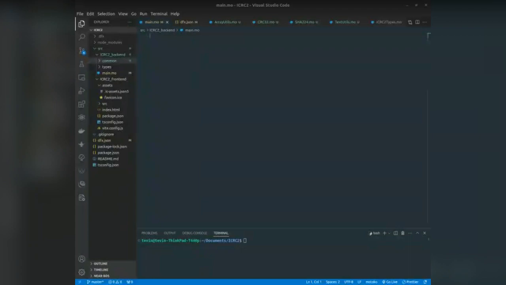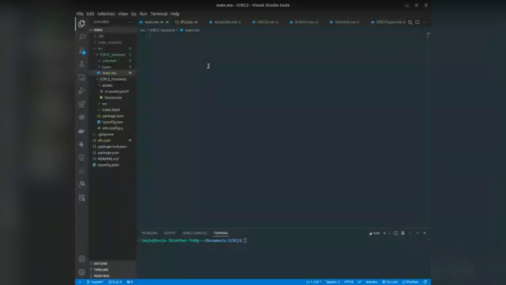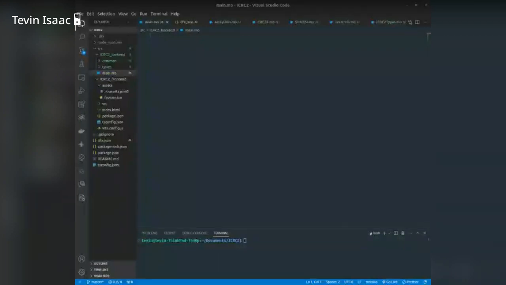Let's see, where do we start. So here on our main.mo file, there are some things we can start with. The first thing that we always said, this also applied when you were doing the Rust one, also applies in any language. When you're building something on that backend code, even any smart contract, even on the Ethereum blockchain or Bitcoin, there are always importations. Importation features are always important because in our particular set here, which is an ICRC2 token, we actually need to